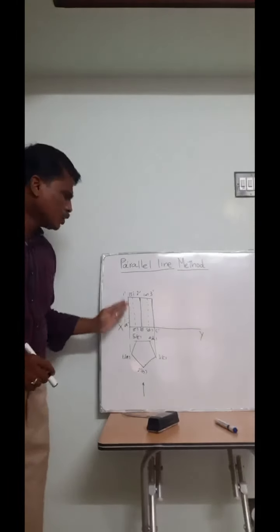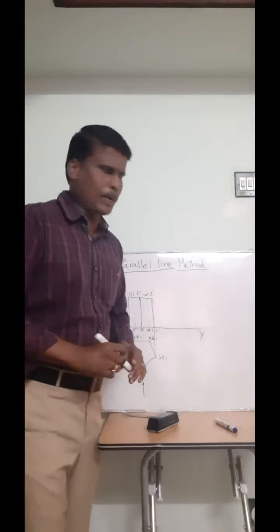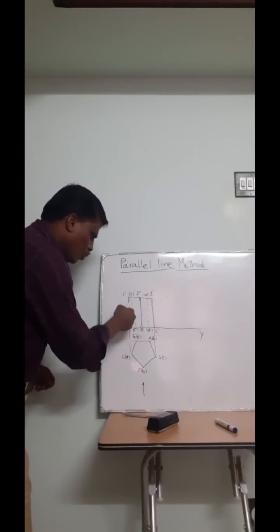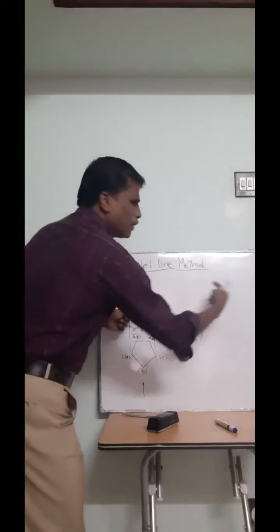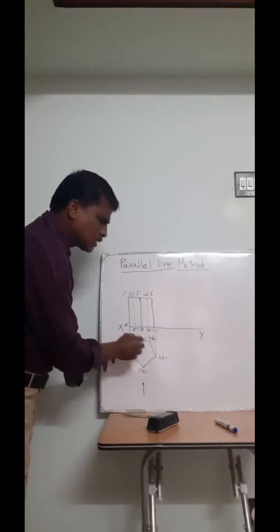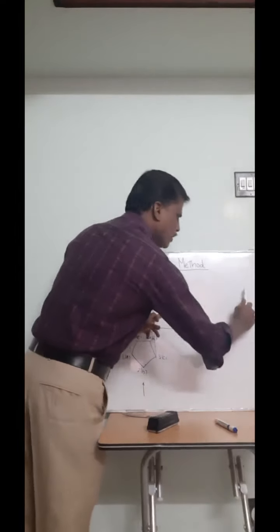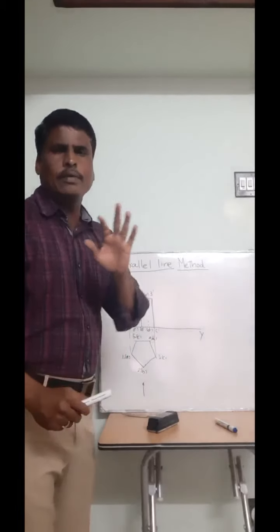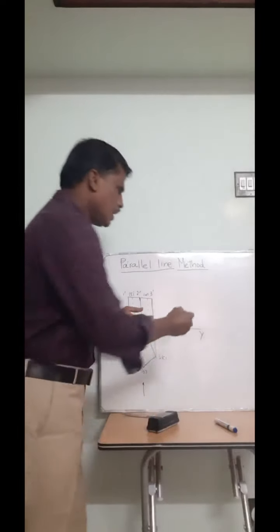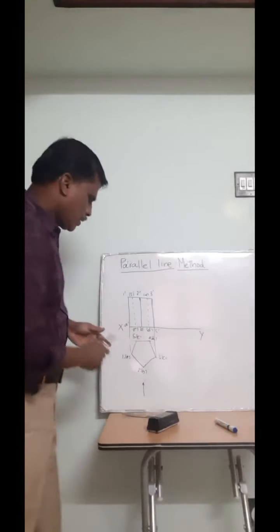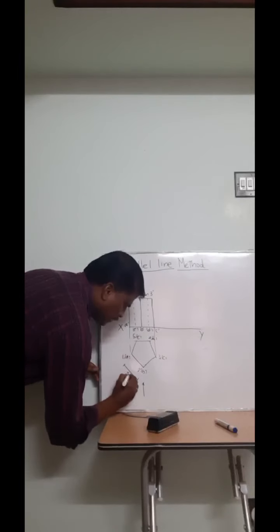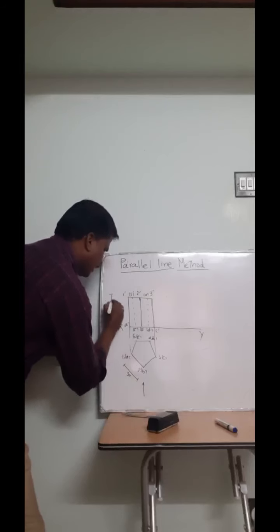Now I have to draw the development. What is the concept? I am going to cut through 1A and open the prism. As the pentagonal prism consists of how many faces? 5 faces. If I open the prism, then I can see 5 rectangles. Okay, you may ask, what is the length of the total development? Suppose I am saying that the base edge is 30 and height is 70.